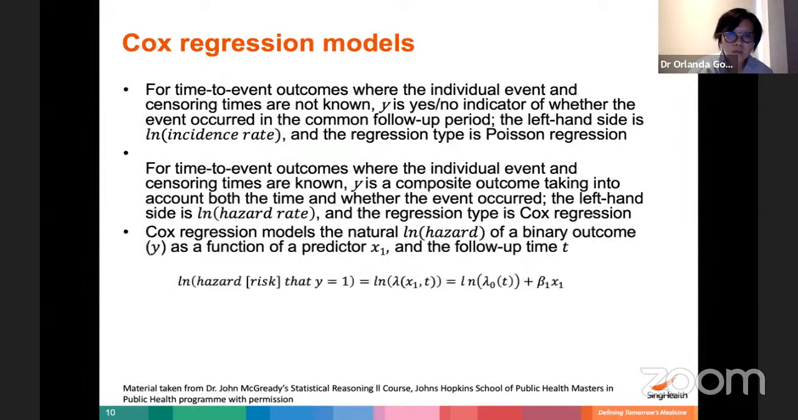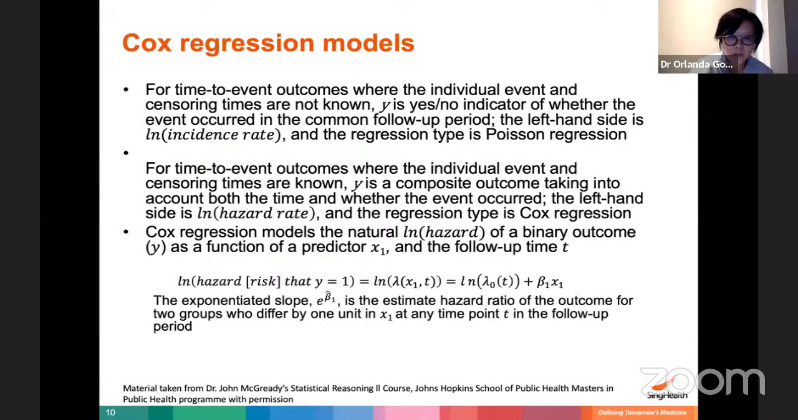In the interest of time, I'll just quickly show you that this is the equation. And when we look at it, what it means is that the exponentiated slope is the estimated hazard ratio of the